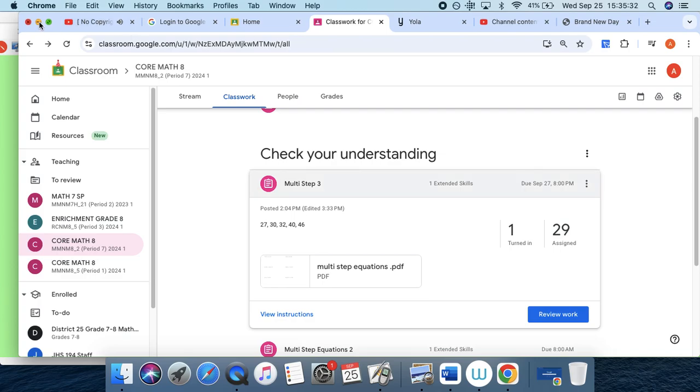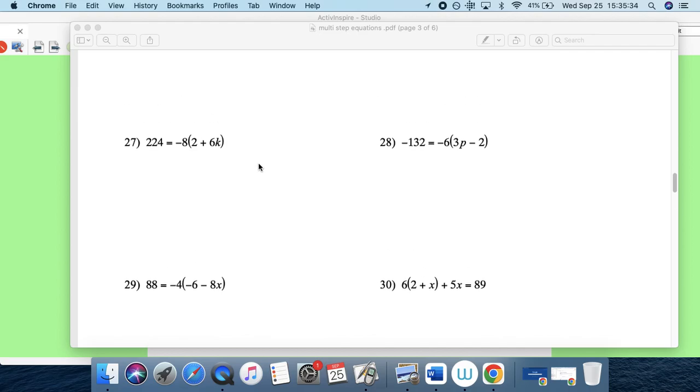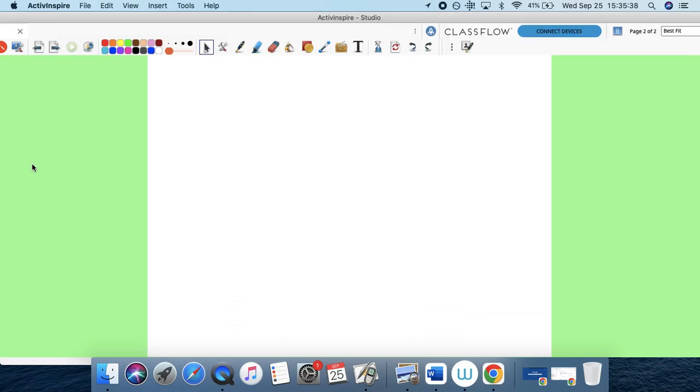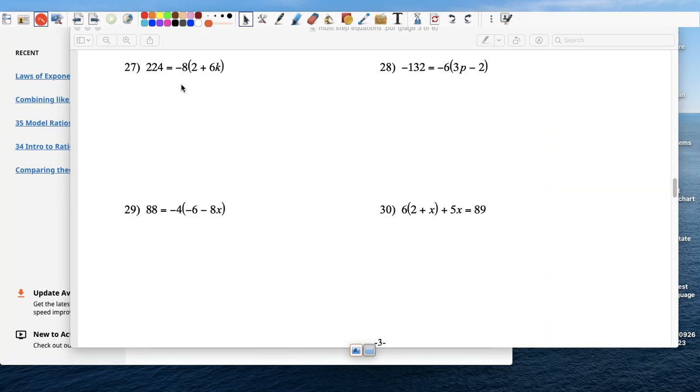So let's go 27. Hopefully I have some room here, and I'll do it on this sheet right here. All right, so 27. Okay. So let's go through the steps. So 27,